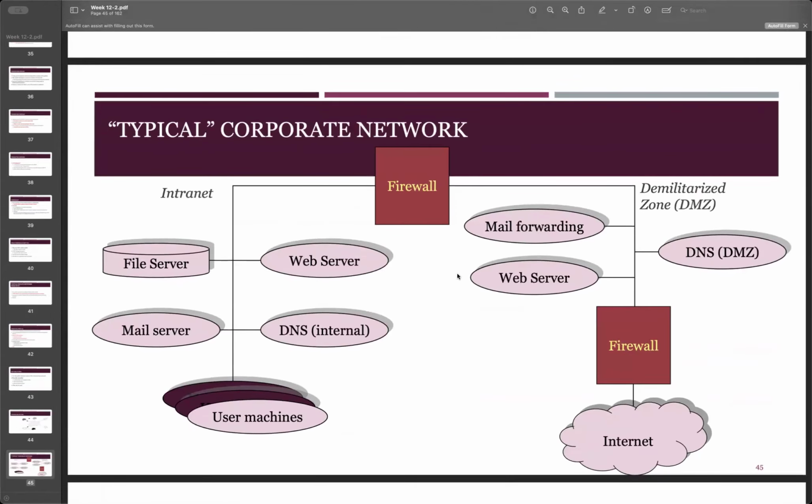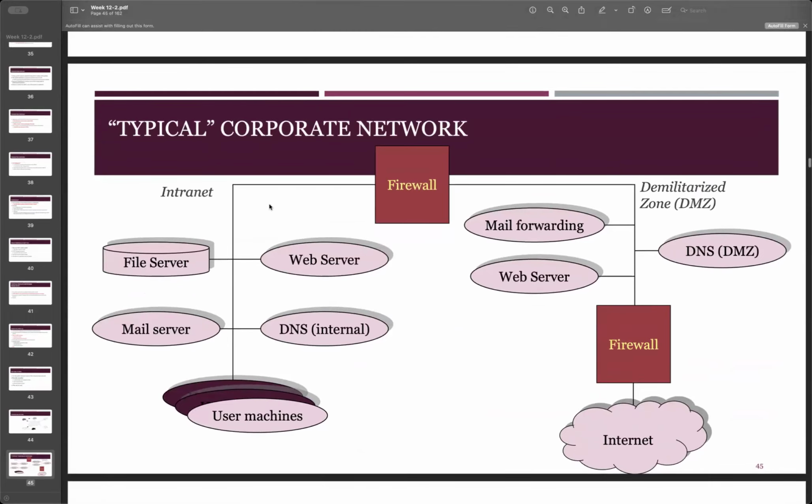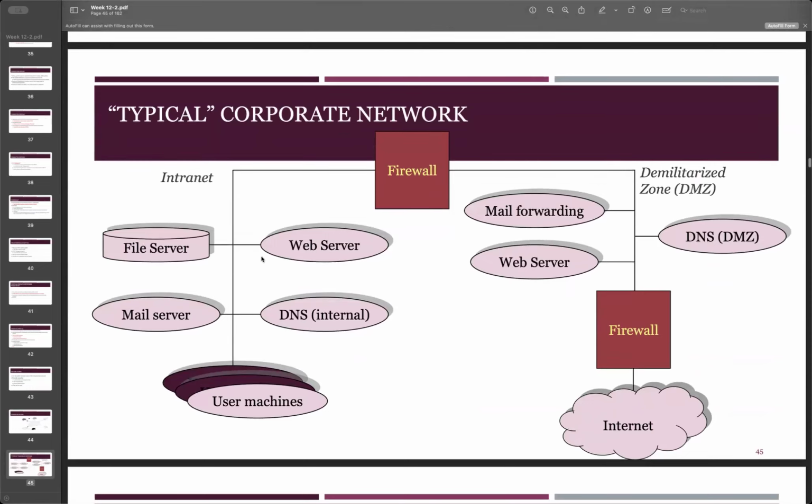And here's the typical corporate network, including the firewall. We have the intranet, which is what we call the inside. It includes the file server, web server, mail server, all of this. Sometimes we have the DNS, and also some user machines, that means the devices. All of these I put under the firewall, and then when we go out,